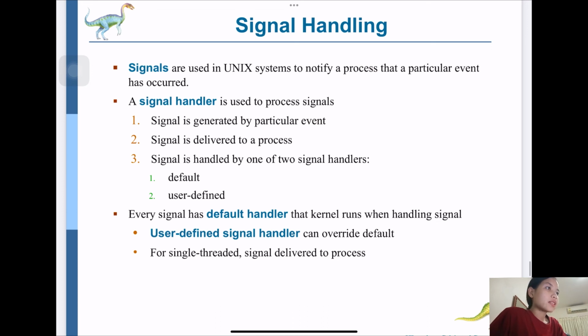Invoking thread cancellation requests cancellation, but actual cancellation depends on the thread state. If a thread has cancellation disabled, cancellation remains pending until the thread enables it. The default type is deferred. Windows